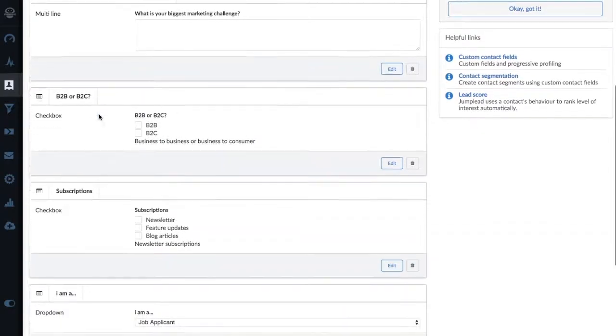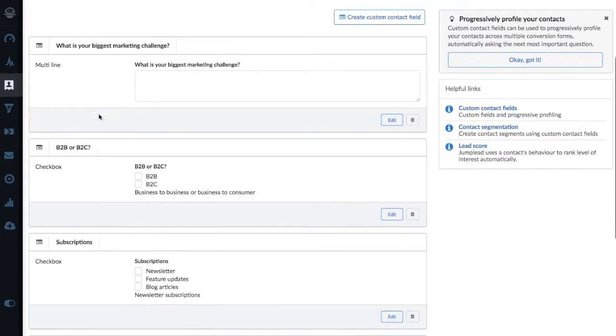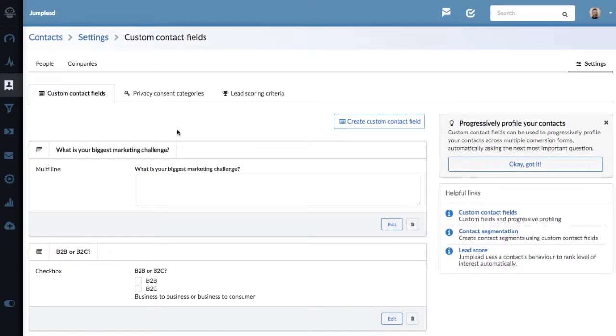By adding these questions into the settings in the contact section, they then become available for every contact on their profile page, where you can update them. They also become available as drag and drop fields when you're building conversion flows and landing pages. Needless to say, when a contact completes the form, the information is then added automatically to the contact's profile page. This information can also be used to create segments of your contacts database for use when sending targeted email campaigns